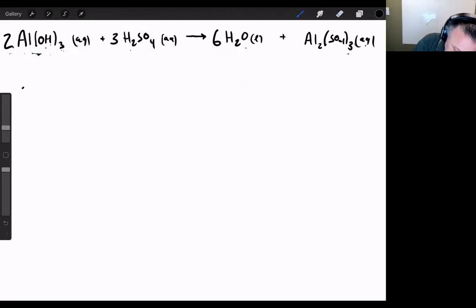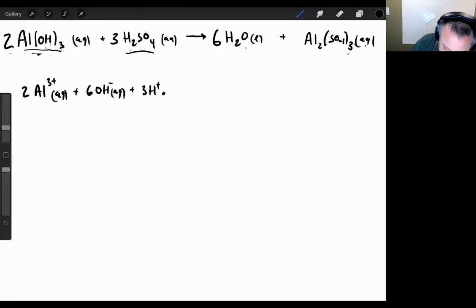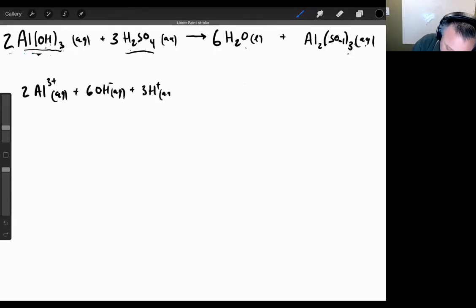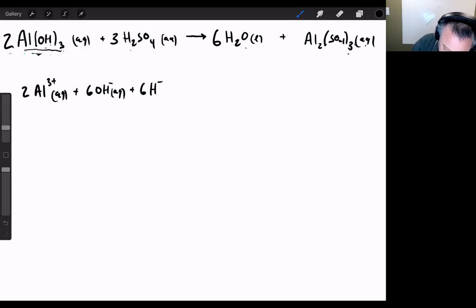This one's going to be a little bit longer. 2Al3 plus aqueous plus, now look what I have to do. The formula itself has 3 hydroxides, but I have 2 of the formula. So that means I have 6 hydroxides that are aqueous. Now, how do I break up an acid? Remember that the H's are H+, so 3H plus aqueous. Oh, not 3, it's 3 times 2, so that's 6H plus aqueous plus 3